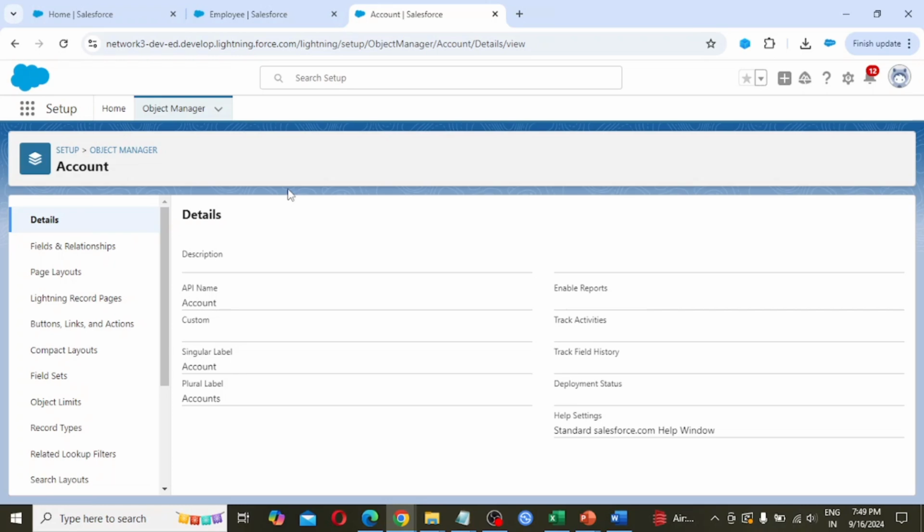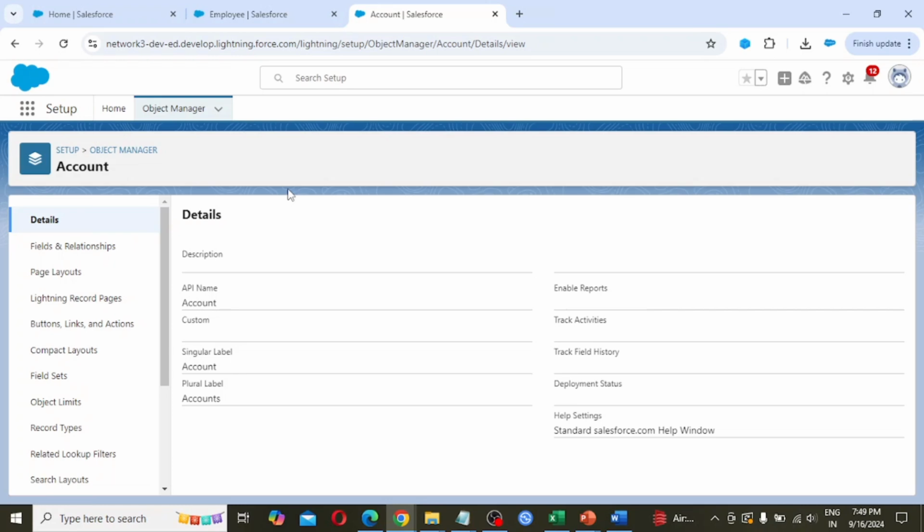So what is a custom object? Custom objects are the objects created for our business requirement or business need, and they are not given by Salesforce. We create the custom object and we can perform all the operations on it.